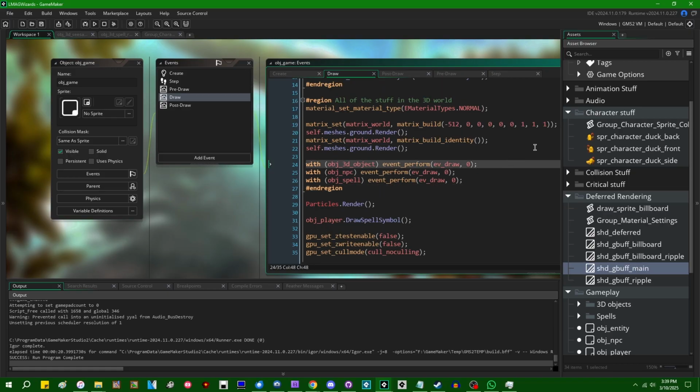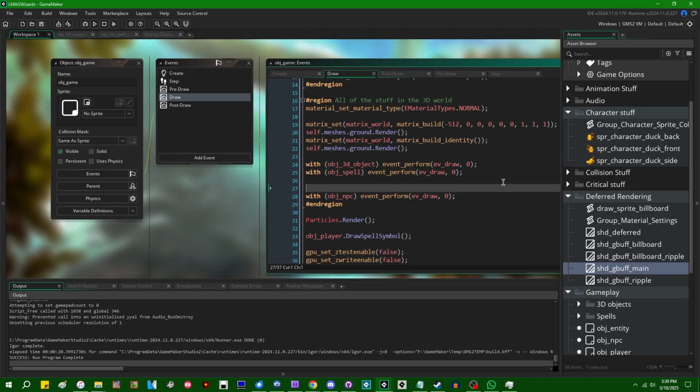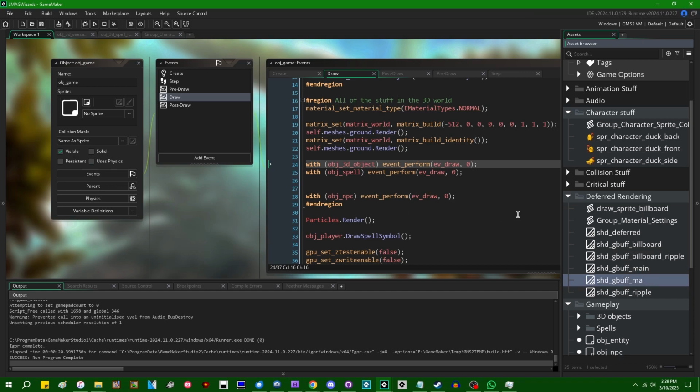Clean that up a little bit. So NPCs are probably going to want their own shader, right? For the time being, we can have the spells draw with the 3D object shader because I think it's just like a ball or something like that. So if I were to say SHD gbuff main, SHD gbuff NPC,